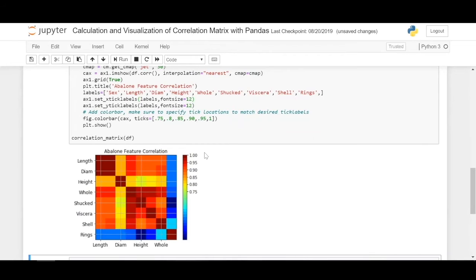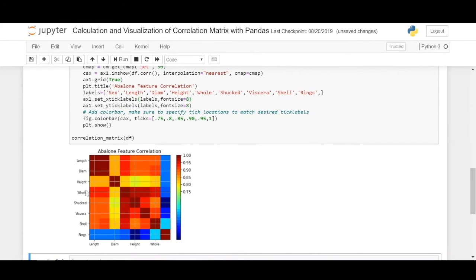Apart from length with length, diameter with diameter, height with height, and so on, the same pairs, this is data which is highly correlated with each other. Viscera is here and here. I'm not able to display this properly. So ignore the diagonal elements completely. Do you notice something different here? Compare the diagonal element's squared size to the one here. Let us keep our focus here, because this part looks different.